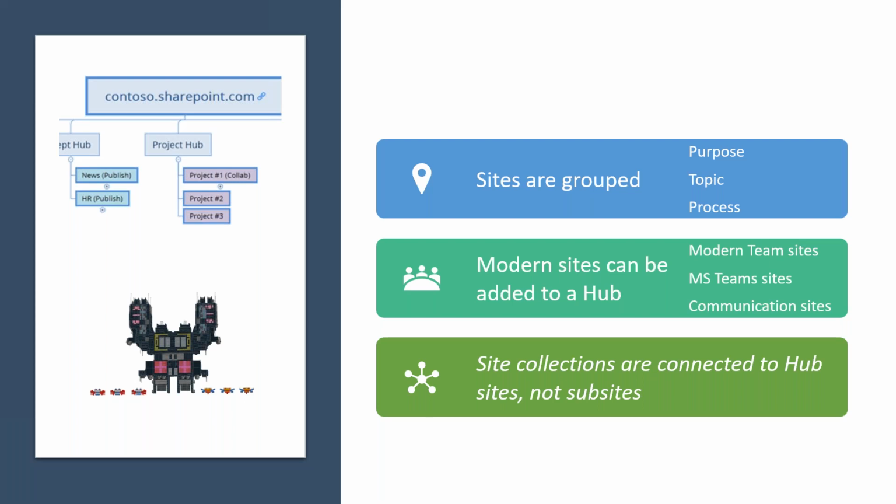So you can detach a site from a hub though, if you decide later this isn't the right hub for this site, or maybe your company reorganizes. You can rearrange site collections and add them to different hubs. That's fine, but you cannot add a hub to another hub. I think the only option there would be to literally create a manual link somewhere, but you would want to make sure that really made sense